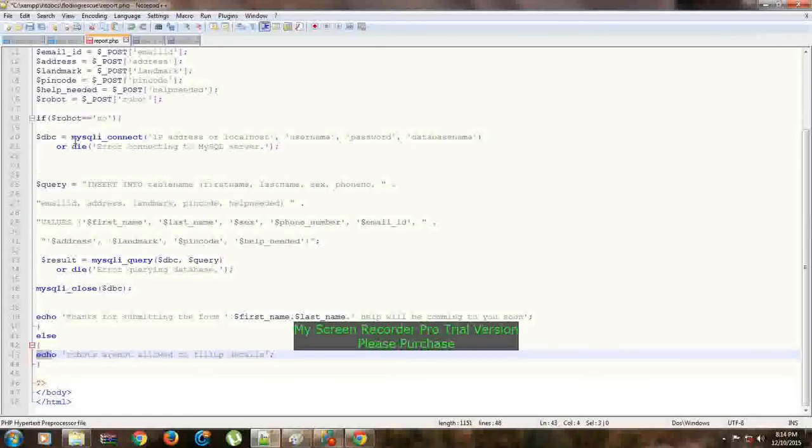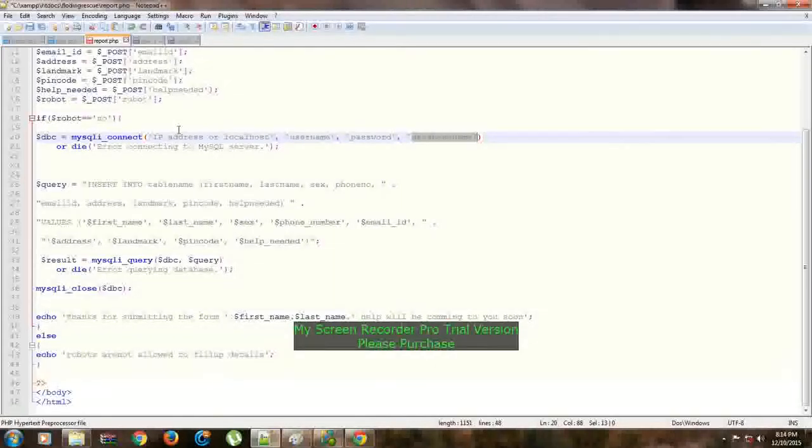So just now I told you about MySQL Connect, right? It requires 4 arguments. One is IP address, other is username, other is password, and database name. So we will fill up all this at the time of uploading all this code to our server, right? If the connection is true, it will be okay. But if our function is not going to connect to our database, if we fill up some wrong username or password or something like that, the connection will die and it will report an error connecting to MySQL server, right?